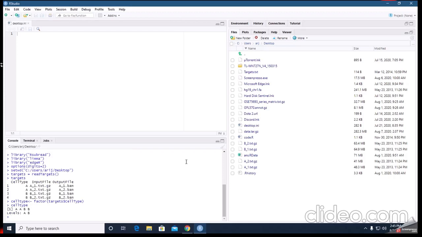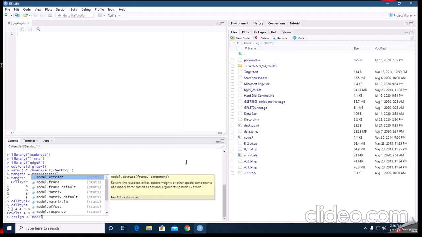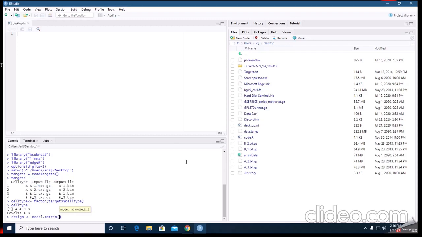Now I am going to design a matrix, and I will store it in the design variable. model.matrix is a function of stats, and now I am making the design matrix according to the cell type.